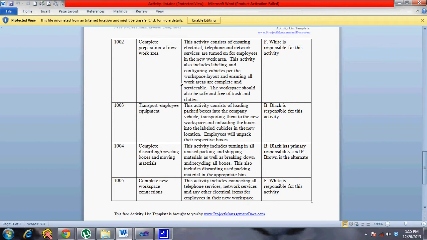So you break down those activities. So complete preparation of work area. So you dismantle all the connections from the computer, then you pack that into a box, then you get ready all the connections in the target location, and you move the computer. So that's the work that is getting done. These are broken down into activities, and that's what this activity list is all about.